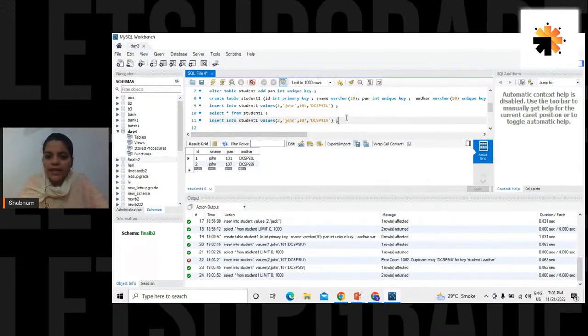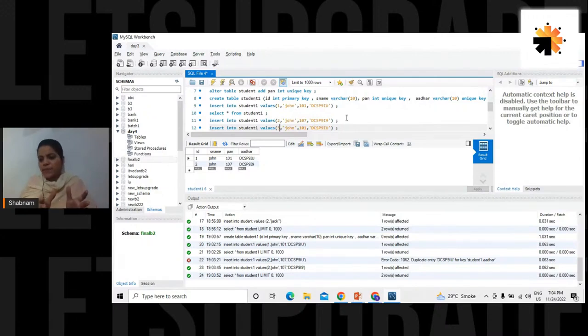Correct. Let's try to insert one more row this time. Say this is the third John. Like there are many people in a city or locality or state or country with the same name, but their IDs are different. The most essential thing, as someone asked me, is deciding whether a column should be primary or not. That depends upon the situation. Are you understanding?